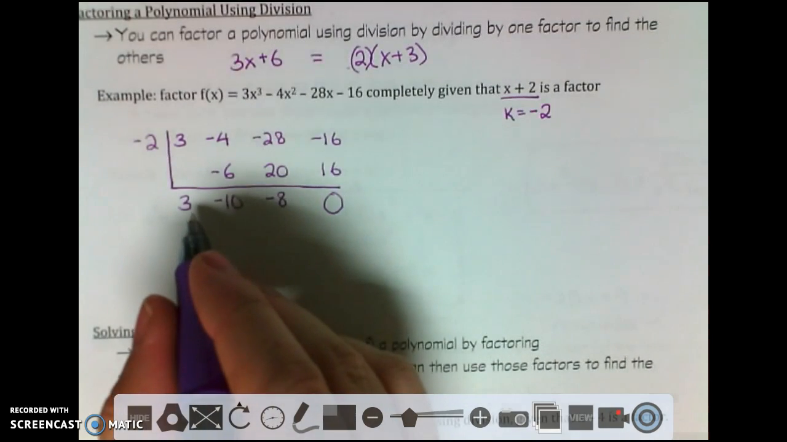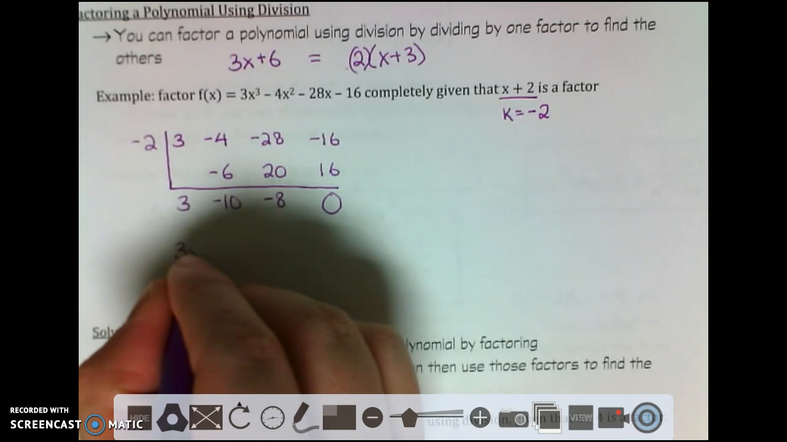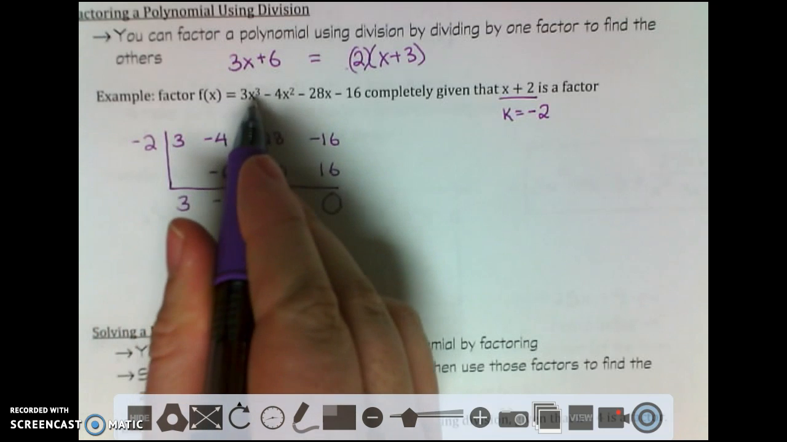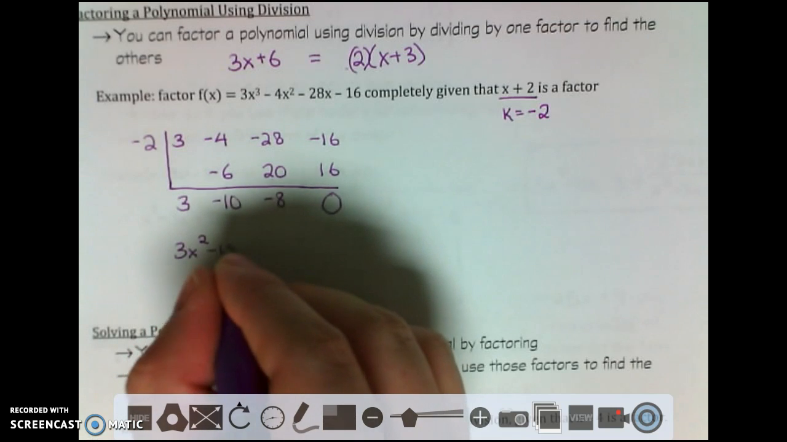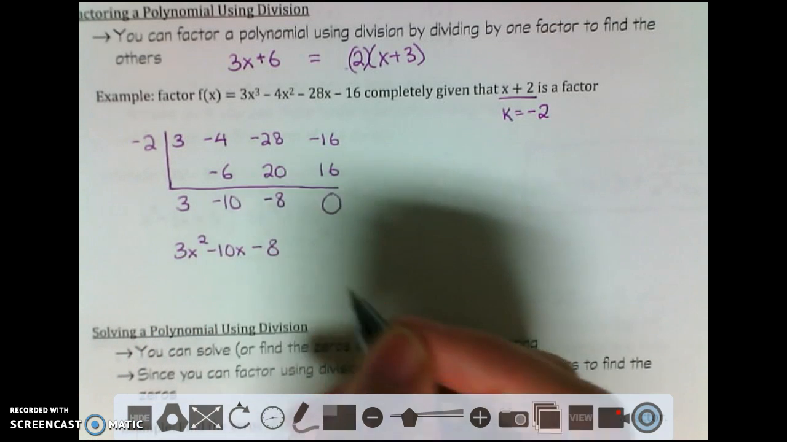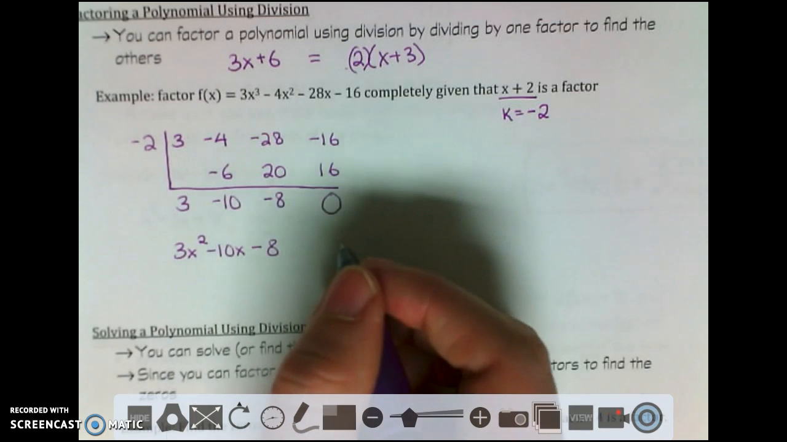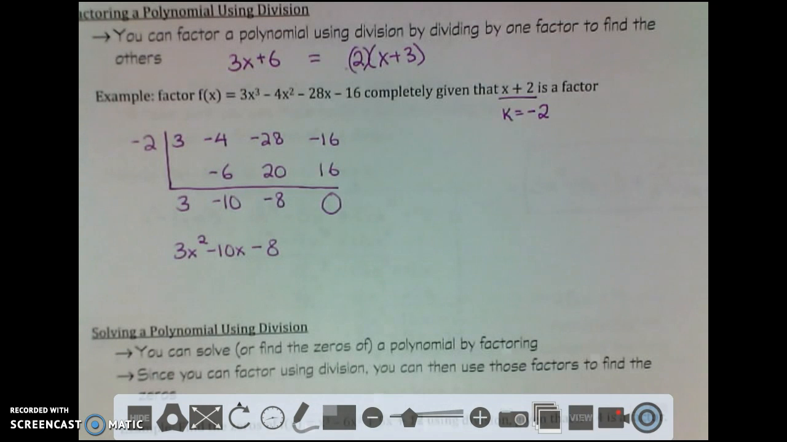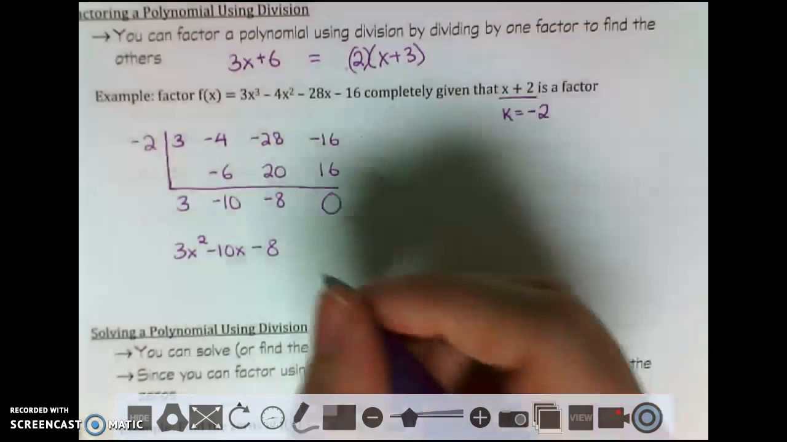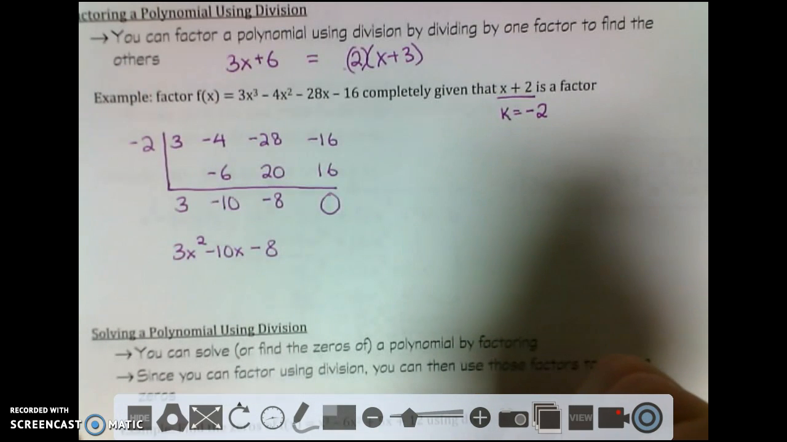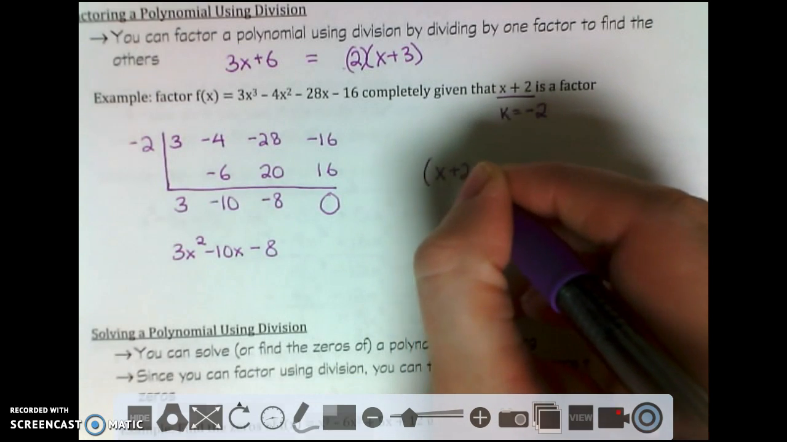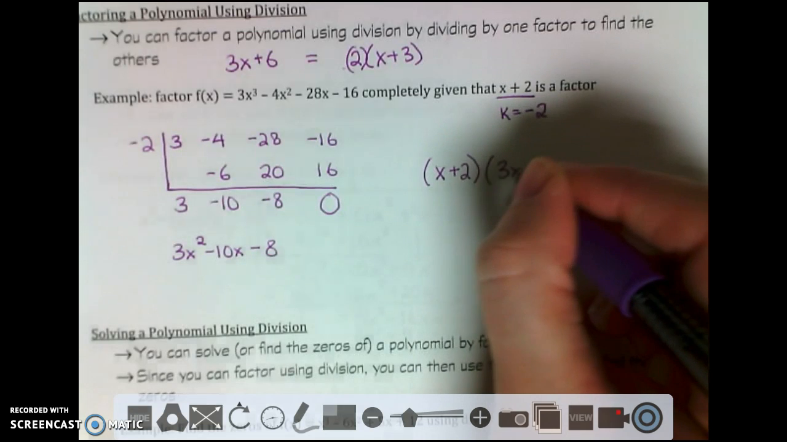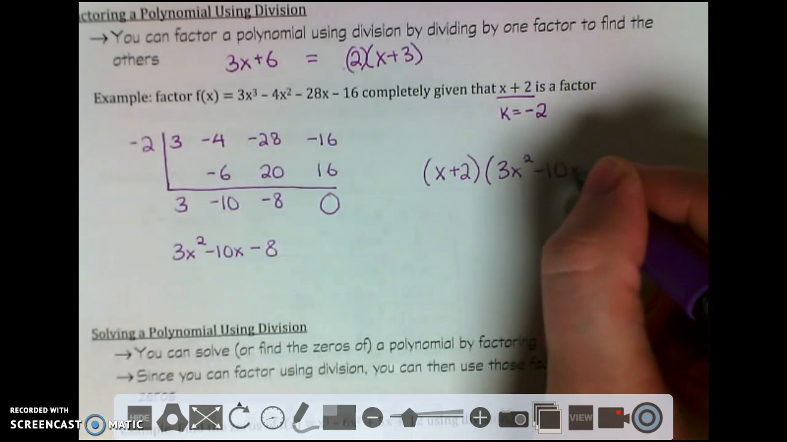So now, my factor here is 3x squared, because this was an x cubed term, so I dropped that down to my x squared term, minus 10x minus 8, and I have no remainder, so I don't need to add anything else to the end of this. It would just be 0 over x plus 2, and that would just be 0. And there's no need to add a 0 on the end here. So I have these factors. X plus 2 times 3x squared minus 10x minus